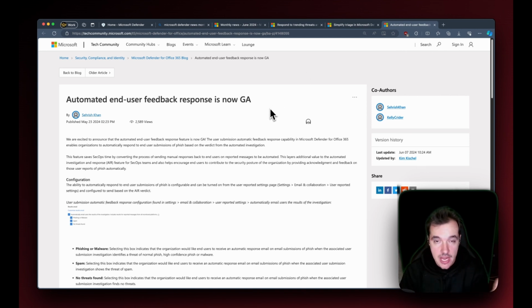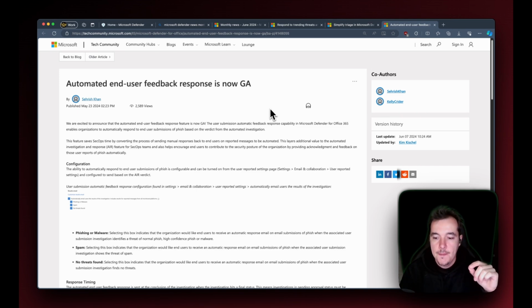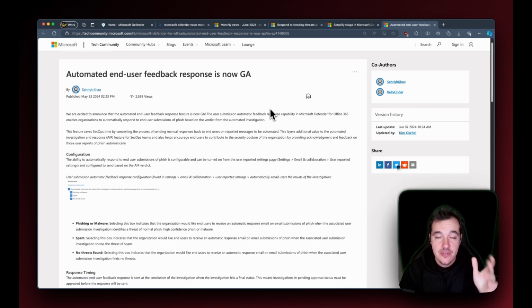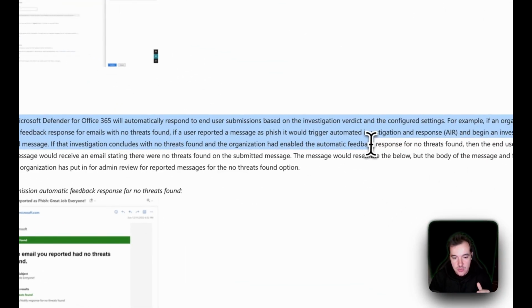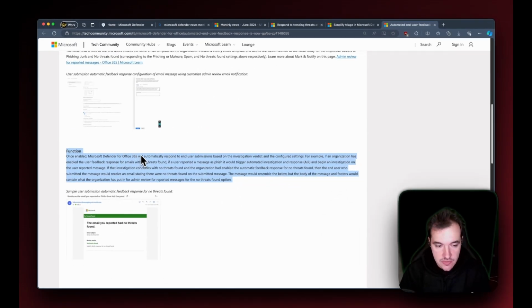After the user provides feedback to the platform saying, hey, this is a phish, I should not be interacting with it, this here is really what the platform does, and let me read it for you. This is GA already. Once this is enabled, Defender for 365 will automatically respond to end-user submissions based on the investigation verdict and the configured settings. For example, if an organization has enabled the user feedback response for emails with no threats found,